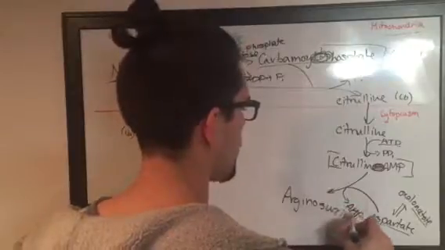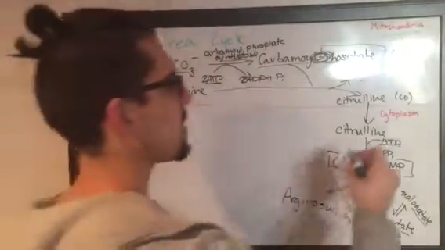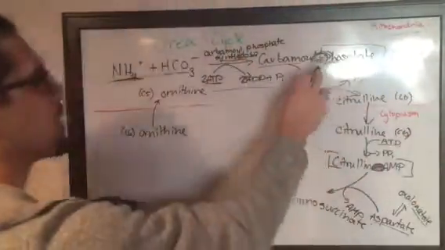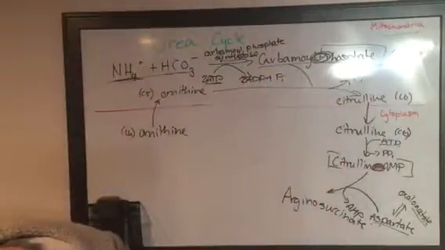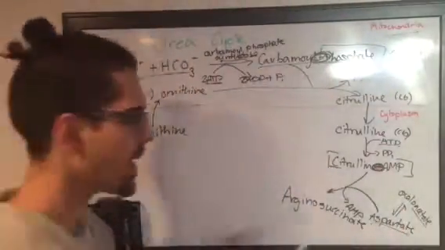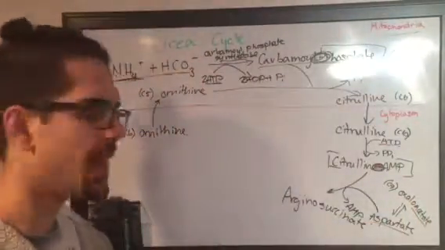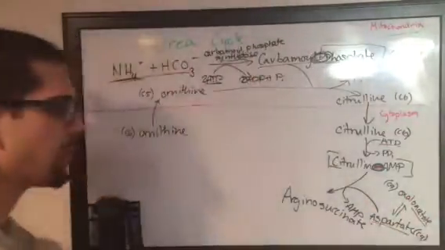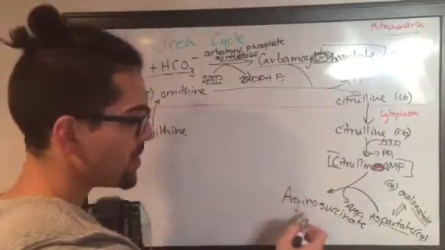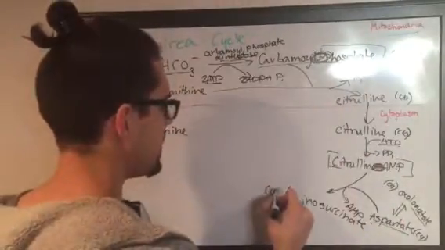Oh man, I'm running out of room. Arginosuccinate. All right, let's do a quick recap of these carbon numbers. So we've got carbamoyl phosphate, C1N1, ornithine, C5, citrulline, C6. Aspartate is actually going to be a C4 compound. We know that oxaloacetate from the TCA cycle is C4. Aspartate, the alpha keto acid, is oxaloacetate with a nitrogen group, so it is also C4. That means that our arginosuccinate is going to be a combination of C4 and C6, which makes it a C10